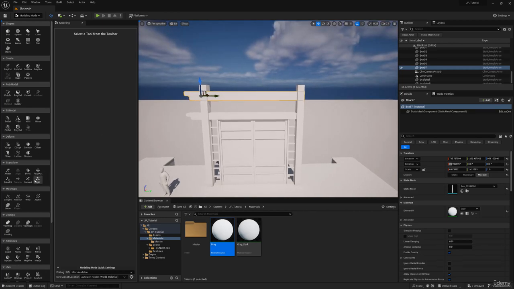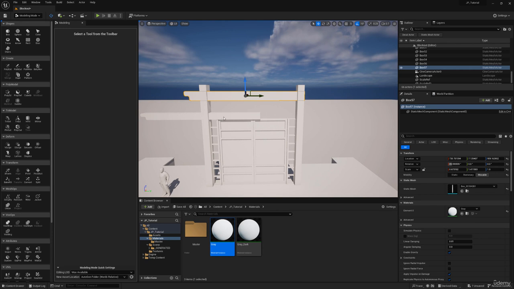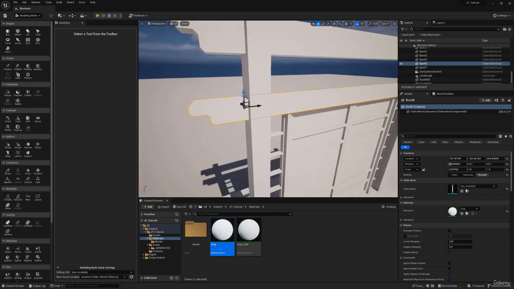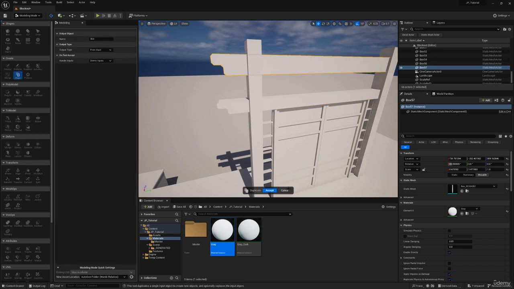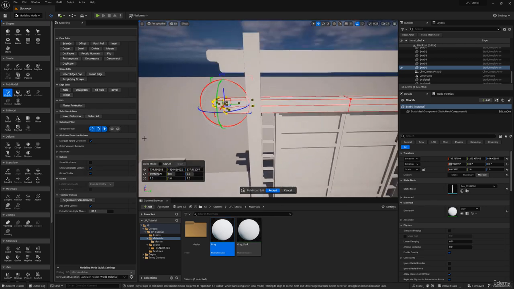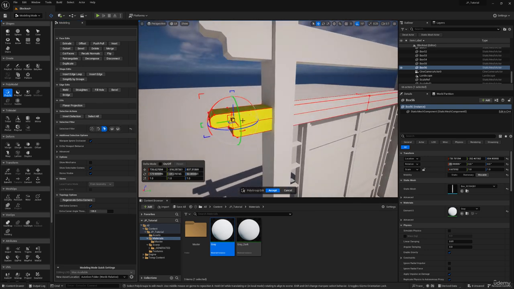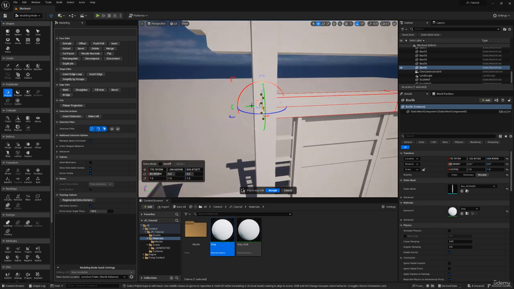Now at this point, what you can do is go to your pivot and set it to the center. Oh, see, that's what I mean. Here I forgot to duplicate it, and now we have this issue over here. Luckily, it's not a big problem because I can quickly duplicate this one. And then for this one, I'm going to quickly turn off these two selection filters, because here I can select between vertices, edges and faces. So I can turn off everything but faces, delete it, turn it back on,